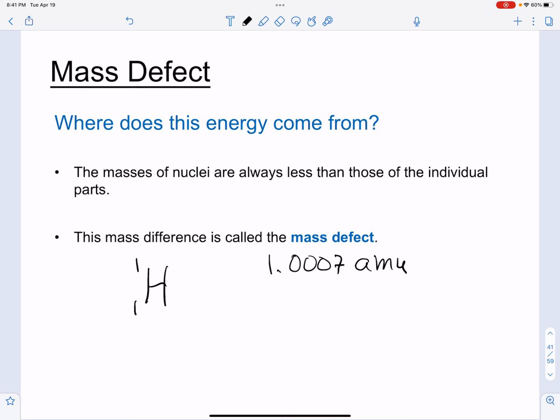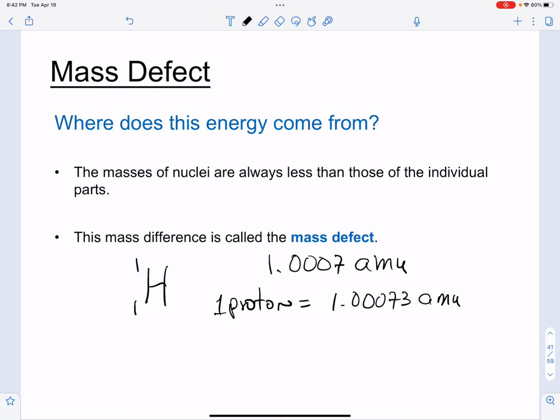However, this nucleus is made out of one proton and 0 neutrons, so the total mass of this is the mass of a proton. And the mass of a proton is 1.00073 AMU. So if the hydrogen isotope is made only of one proton, remember we don't consider the electron because its mass is negligible,